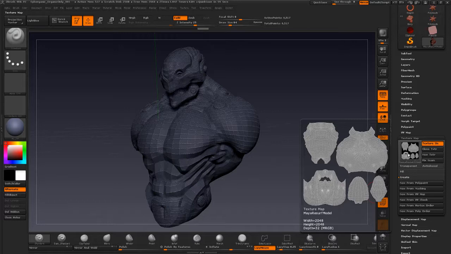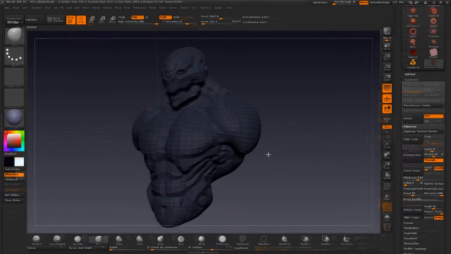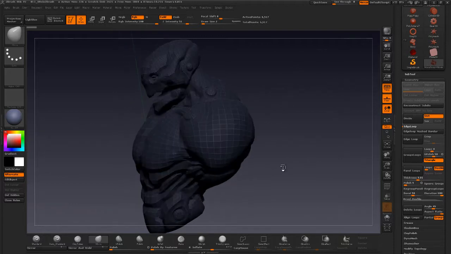So this is what I'm talking about, where in Maya the head's at the top, and here in ZBrush it's flipped upside down. So just something to keep in mind, that you're going to have to keep an eye out for that. Alright, now that we have our model in ZBrush and we've got everything going for us for the UVs, it's time for us to look at how we can transfer the detail and all the sculptural elements that we've made earlier in the videos